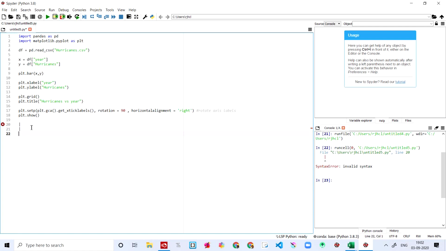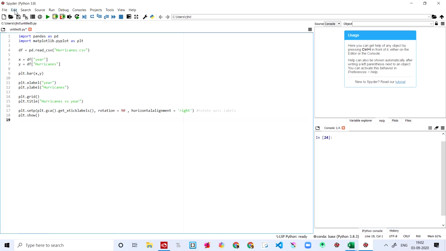It will draw the x-axis like this, and the y-axis like this, and then here is going to be the graph. That's all. It will just show you the graph. But right now I don't have the file, so it's not going to show me anything.